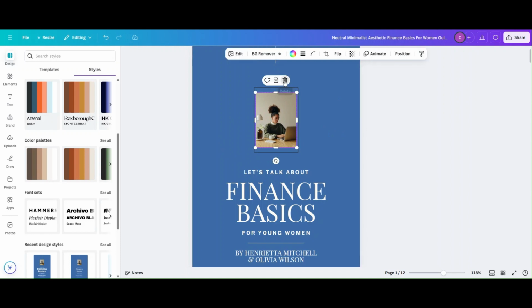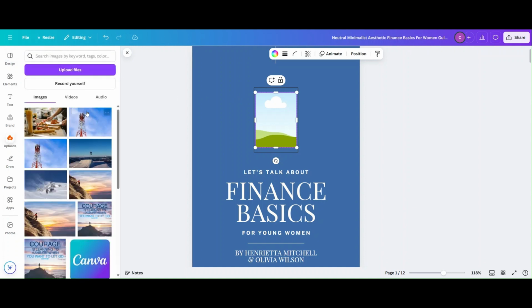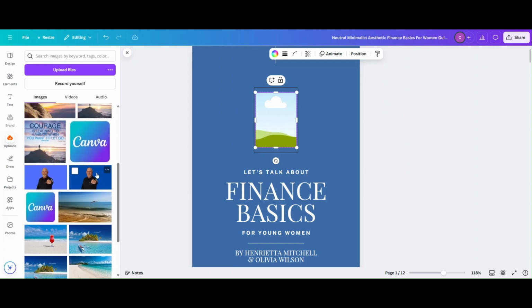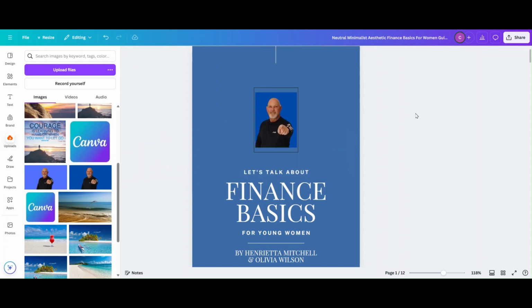You would hit the delete button, and then you're going to come up with delete image and delete grid. So at first, if you like the kind of frame that it's in, all you do is just delete image, and then there's your frame. And then you go over here. Now I've already uploaded some pictures of mine. This is in my upload area file. So all you got to do is just click onto it, drag it in, and boom,